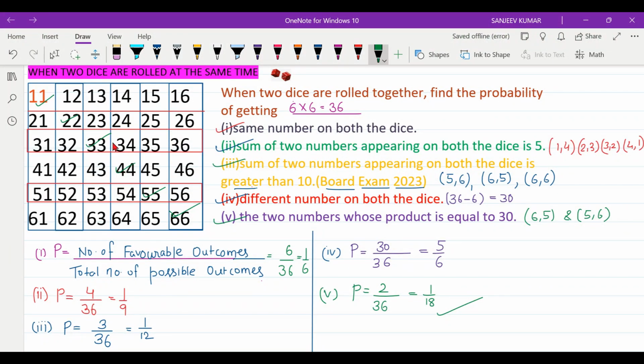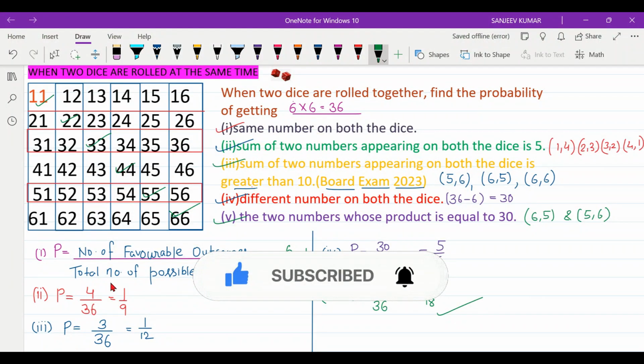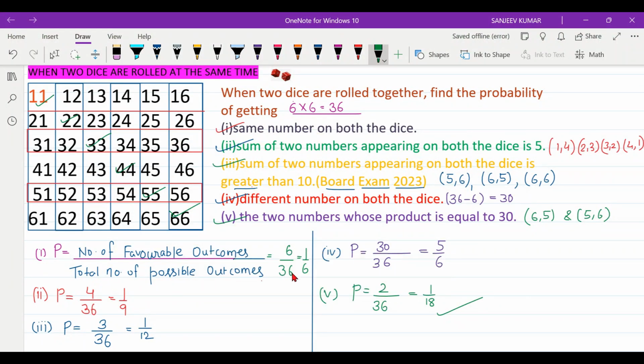You may take some time to find out whose product is equal to 10 or more than 10, but you will get the final and correct answer. So suppose, as an example, product equal to 10. Equal to 10 means this is the combination: 2 into 5 is 10, 5 into 2 is 10. Other numbers you can see, you are not getting 10 here, correct. You check randomly any number, you will not get a product of 10 here. So like this, observe the table carefully and you can answer any question. You just have to find the numerator, the favorable outcomes, and the total number of possible outcomes will always remain 36, and you can find the fraction that will be the final answer for the probability.